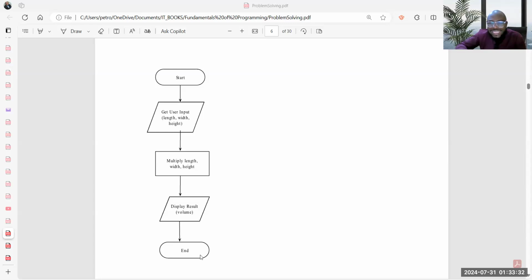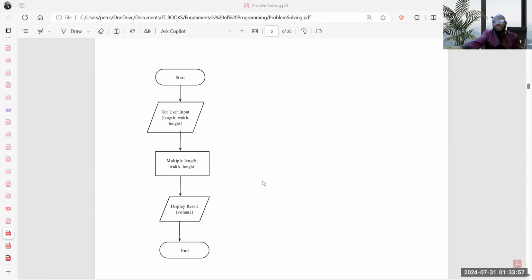And if you use it to end a procedure, an arrow goes into it. You will see where you have your input and output, that they are the same. This is the symbol that is used for input and output. And you can see a rectangle here that is used for processing. There are other flowcharting symbols that will also be explained with time. So this is an example of a flowchart.